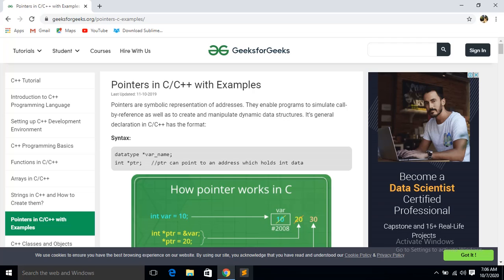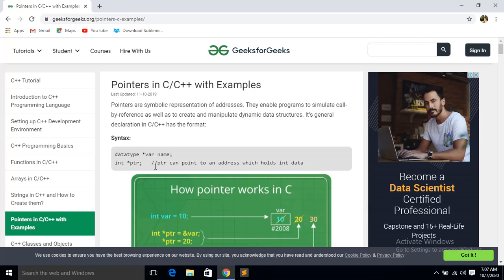So 10 is a constant and a is the variable. So the address of variable a, the variable in which it will be stored, that is called a pointer.